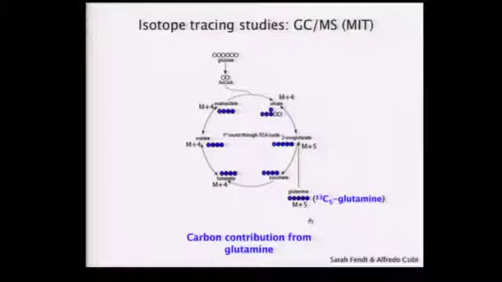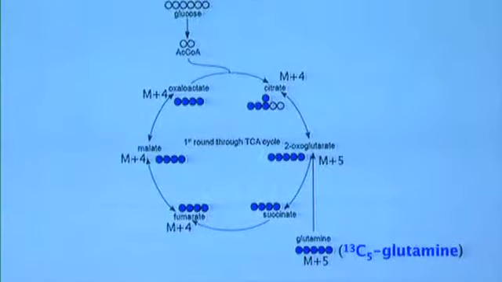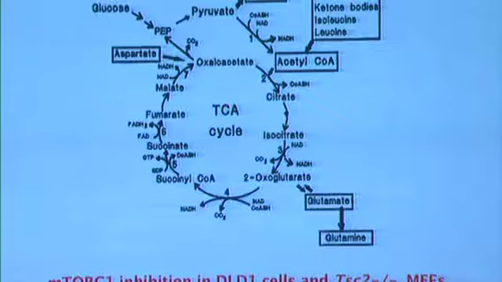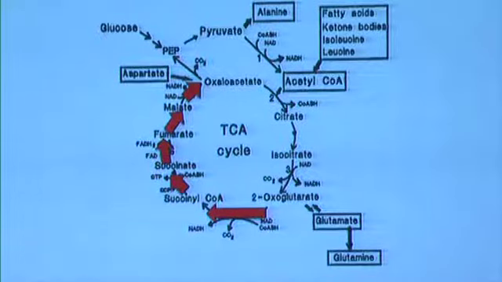Okay, so we then went on to collaborate with Sarah Fendt and Gregory Stephanopoulos' lab, and we did some isotope tracing experiments with Sarah just to determine whether in fact glutamine was a source of TCA cycle intermediates. And I'm not going to show you the data, but it's summarized here. So when we add rapamycin in these cells, we see a decrease in all of these products in the TCA cycle downstream of glutamine. And so therefore, TORC1 does regulate glutamine anaplerosis, the refeeding of the TCA cycle through glutamine.